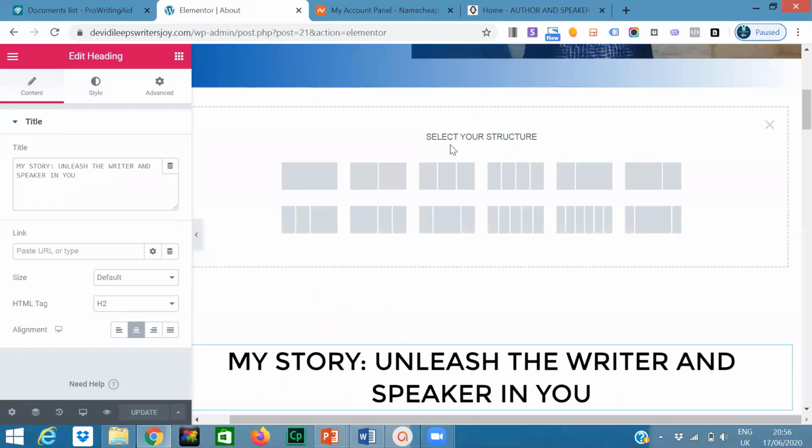Once you click, you can observe that it is asking you for a structure, right? What is the structure? It is asking whether you want to divide this whole section into many parts, or keep it like a full section. Select your section on the left hand side. The first one is I want to keep it as it is, maybe like she wants to put a big, lengthy image on that one. Or maybe she wants to add a three image section. Then select the third one. Select the third one, Devi. Yeah, just click on that.